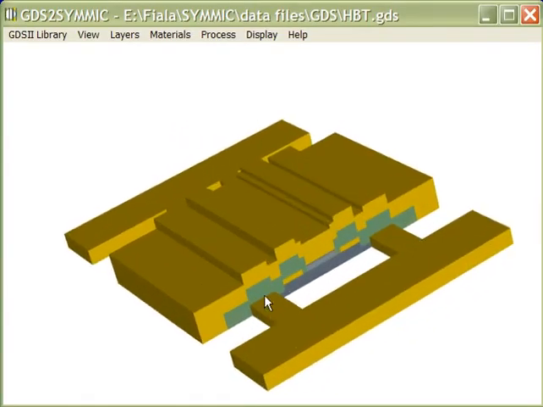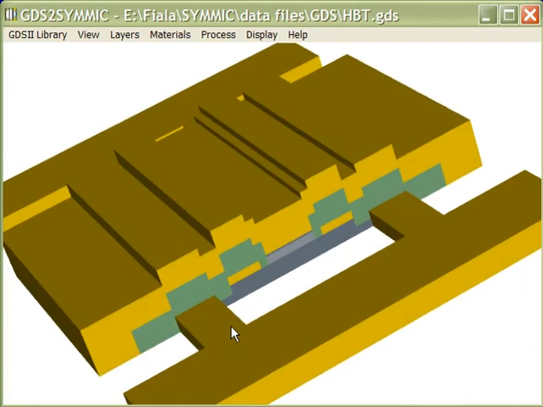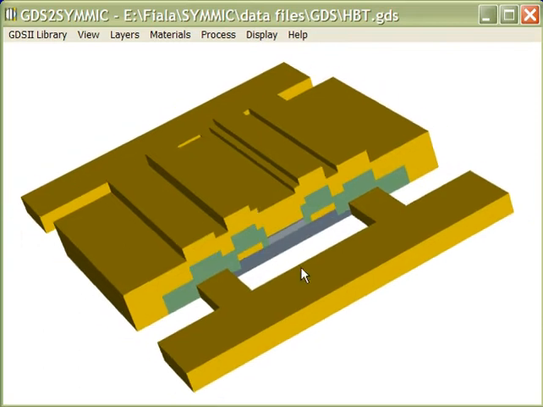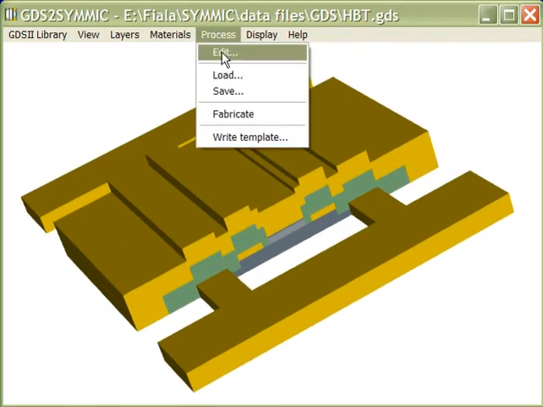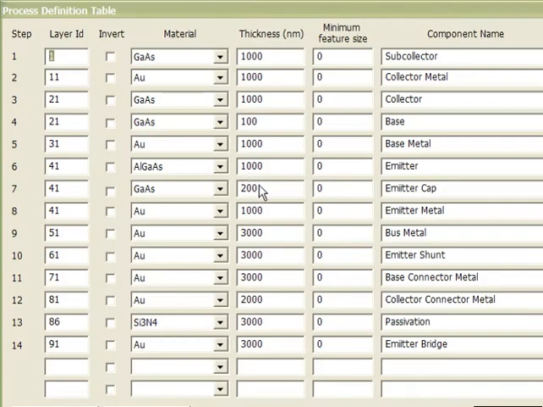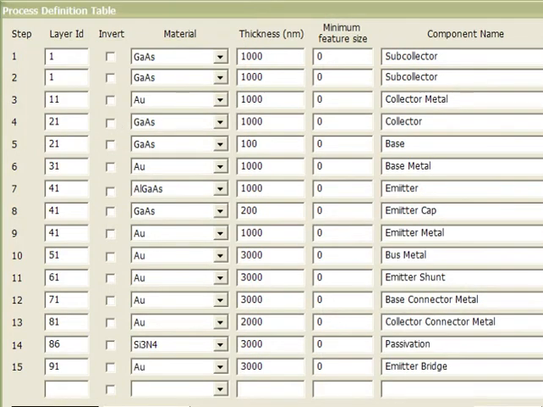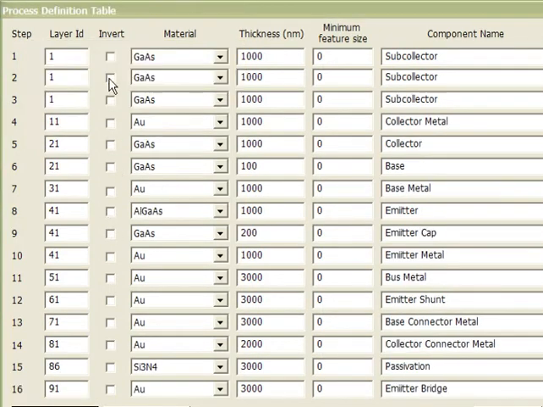So basically we can take and convert those layers and their thicknesses into a 3D model, and this 3D model is what we're going to generate as a template. So here's the device. We need to define a few more things, so let's go back into the table, and the first thing I want to do is create a couple of layers to define the substrate and the backside metal. So I'm going to create a layer here before layer 1,